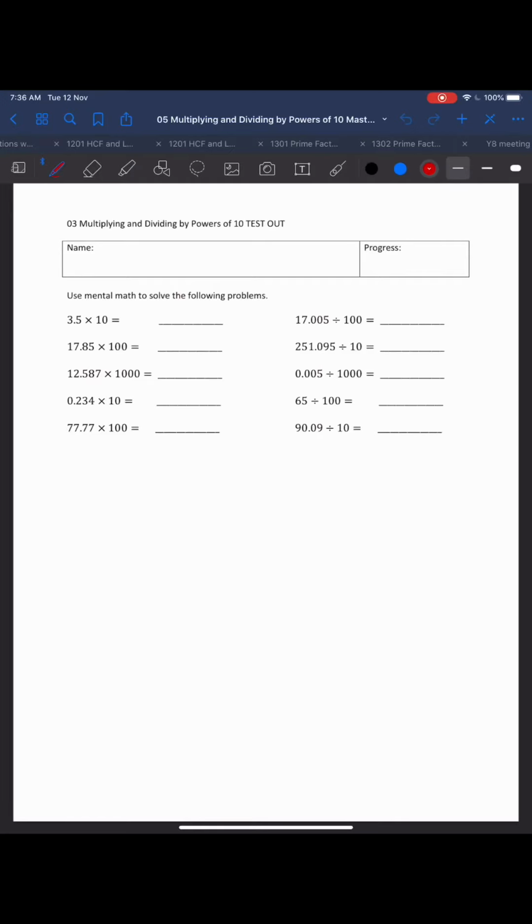Okay, so let me just give you a short tutorial on how to multiply and divide by powers of 10. Most of you got it, but there are some of you who are still quite confused about where to move the decimal point. Okay, so let's look at this one first. When we multiply by powers of 10, the direction depends on whether you are multiplying by either a whole